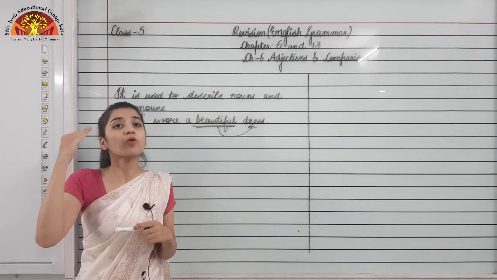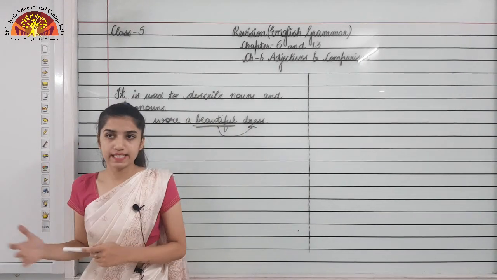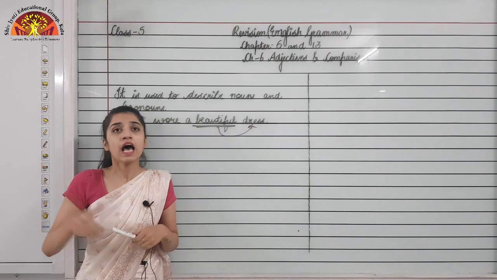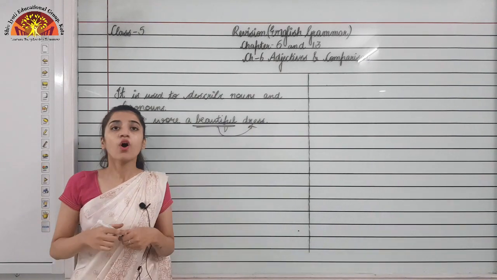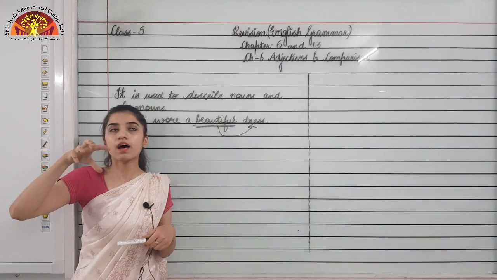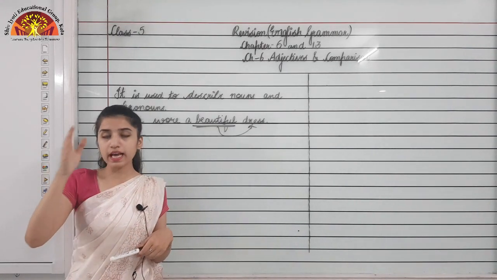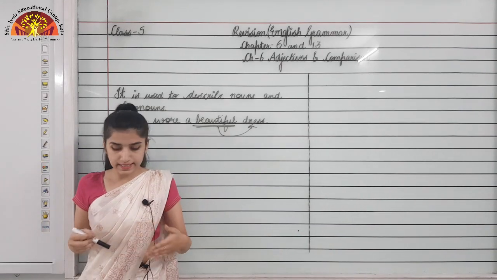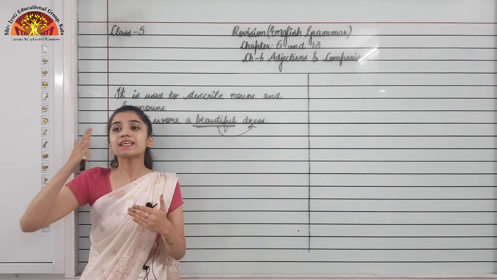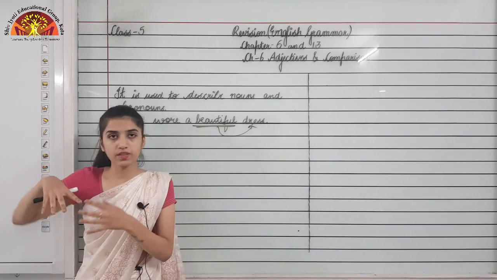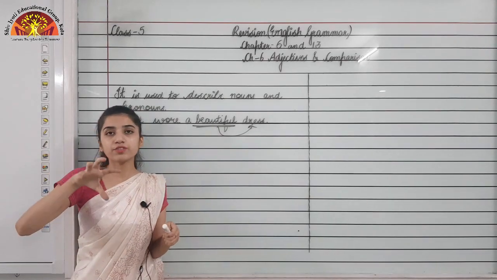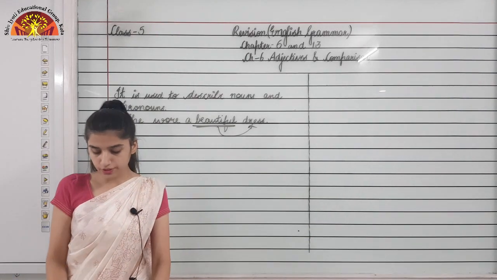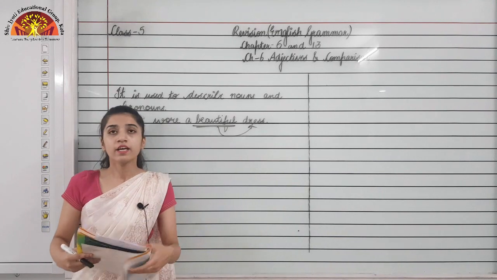Now moving to the position of adjective in a sentence. Adjective can be placed at 3 places in a sentence: before a noun, after the various forms of the verb be, or after verbs like look, seem, grow, directly after the main verb. I am giving you some more examples of that, which is already written in your book on page number 23.